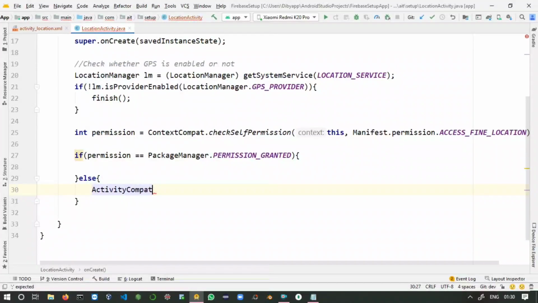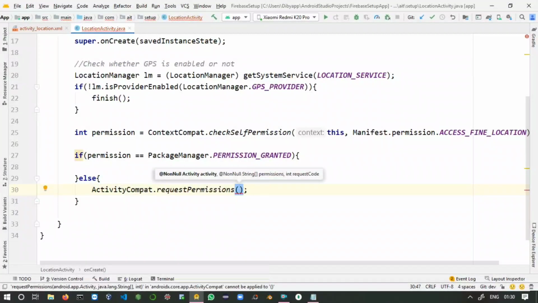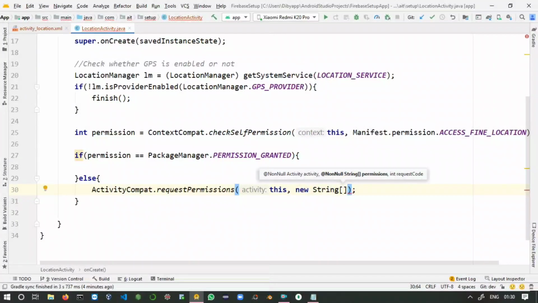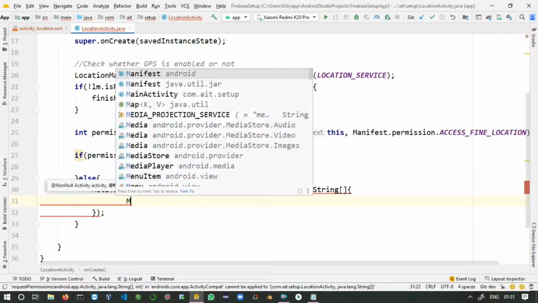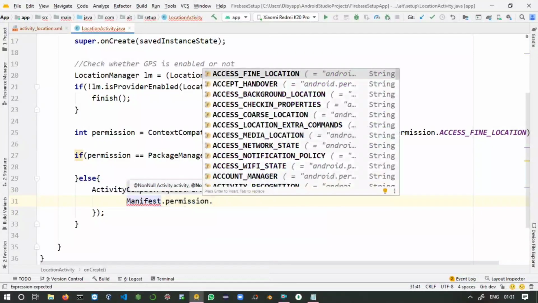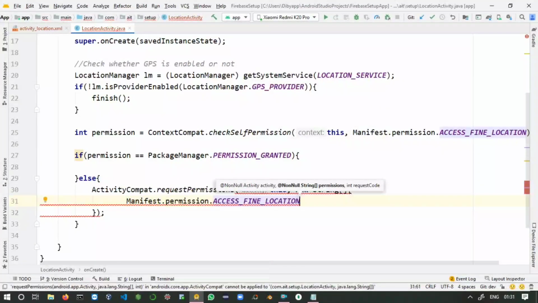Otherwise, you can say ActivityCompat.requestPermissions, passing this, comma, new String array of Manifest.permission.ACCESS_FINE_LOCATION.